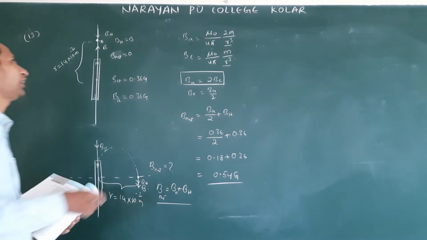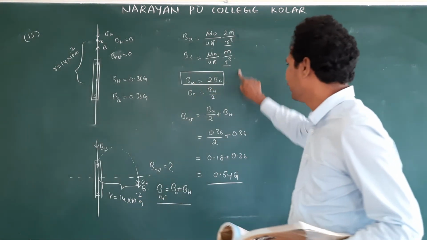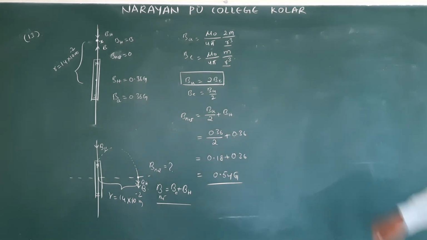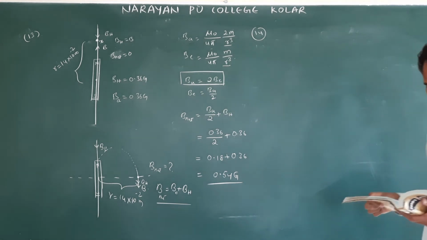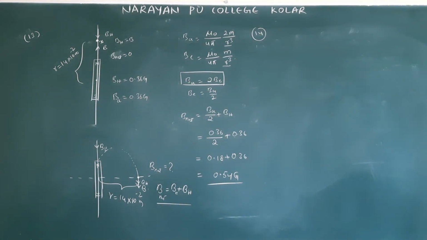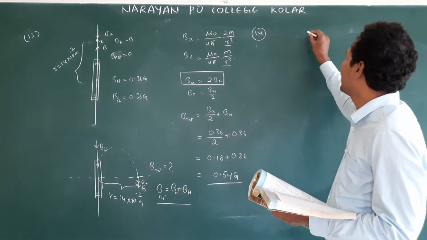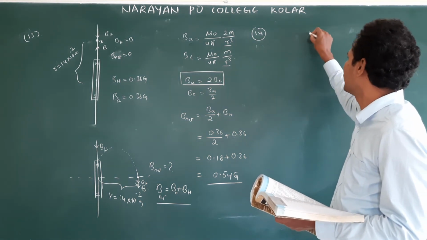The next method is you can find the magnetic moment and follow the same, but that is a lengthy process. This will solve it simply. Okay. Next, 14th question. In a bar magnet in question 13 turned by 180 degrees, where will the new null point be located? Same question. They are asking only where the null point will be located.